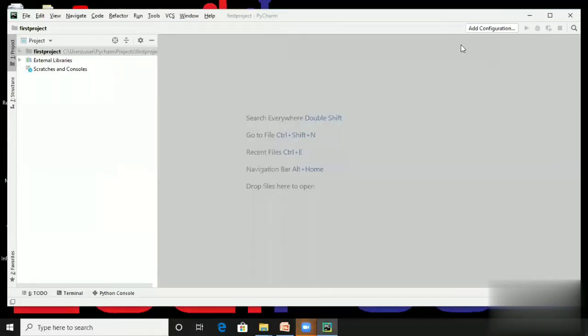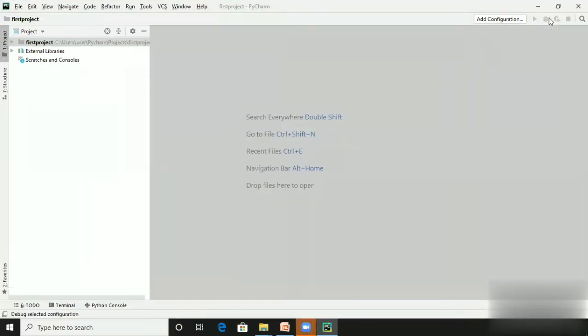So when PyCharm is open, you will see such a window on your computer screen. Maximize the PyCharm. This is called the Project Explorer, and this is called your code editor. There are so many other windows also.